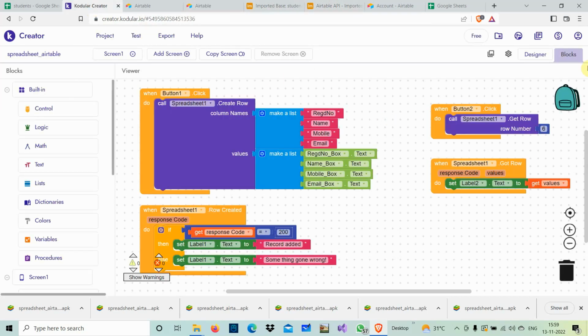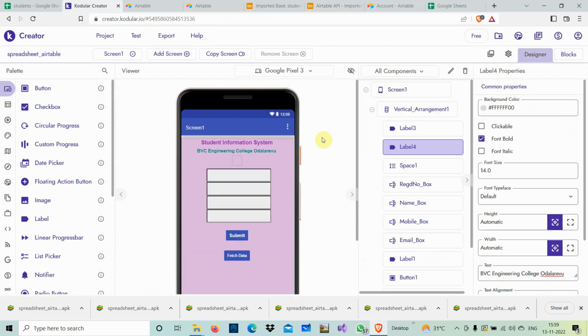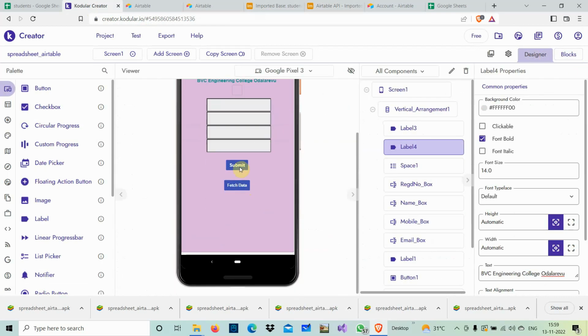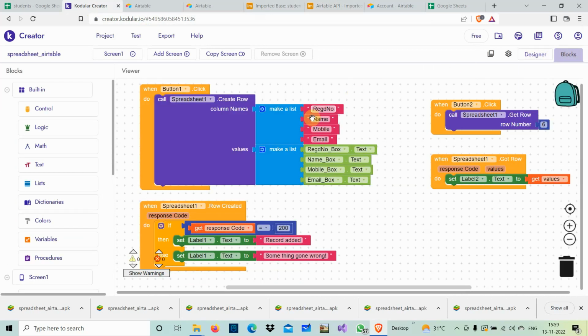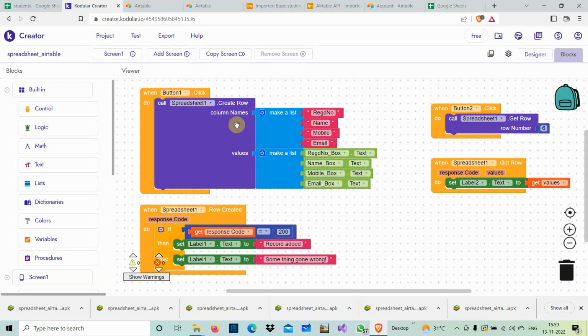In Kodular I am going to the blocks. In these blocks, what is my thing? Whenever I click this submit button, I enter some data, and when I click this, this data will be added and some message has to come. That is the thing. Okay, you understand now. When I click the submit button, I am going to make the coding for that. So, when button 1 is clicked,